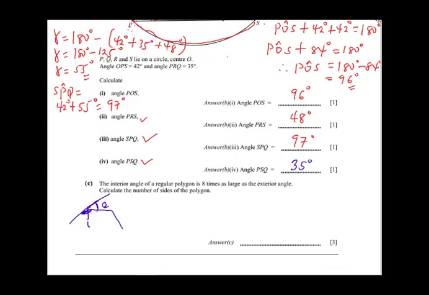I am assuming that the polygon has n sides, and this shaded part here is the interior angle, while this unshaded part outside is called the exterior angle. We are also told that the interior angle of that regular polygon is 8 times the exterior angle. So I will say let